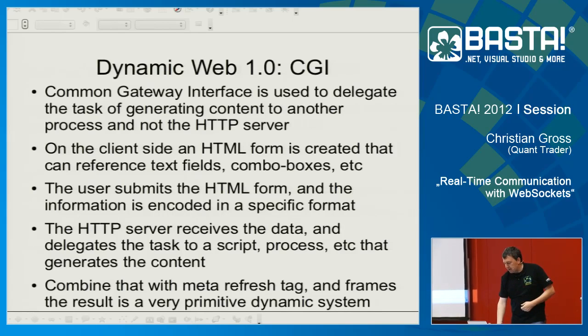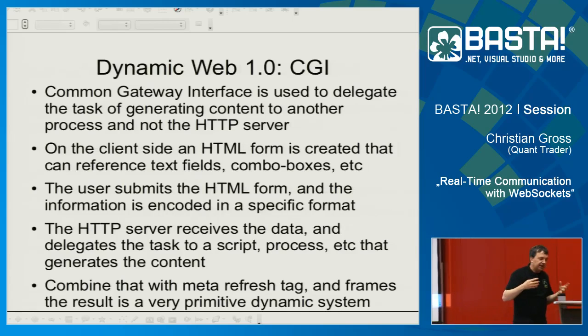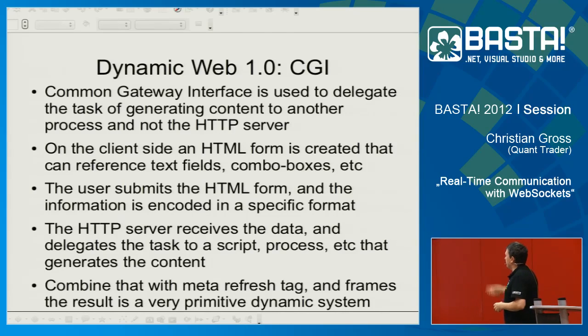Now, going back to the dynamic web of CGI, what we actually ended up using, and this is kind of blurry these days, is we contorted HTML forms. We made all of these weird combinations. We created little